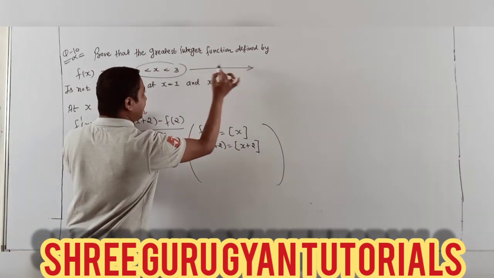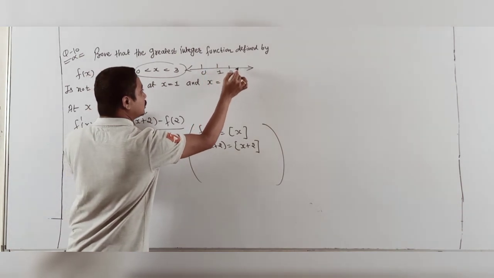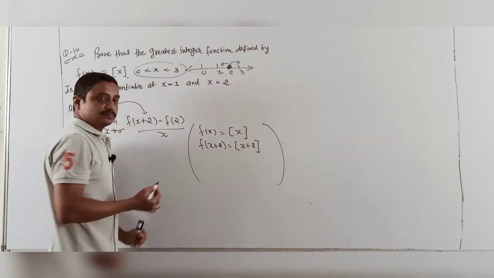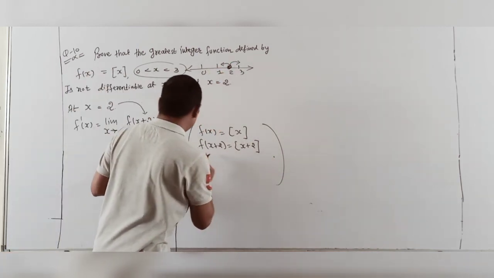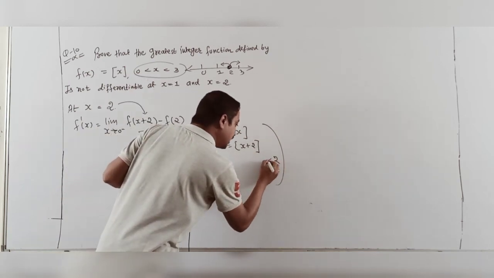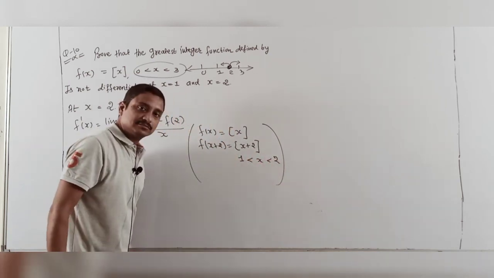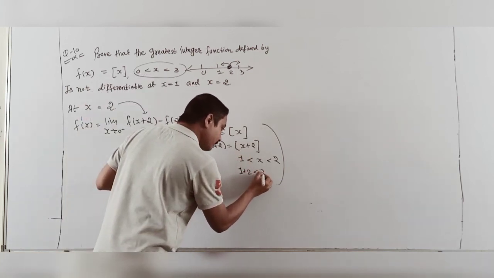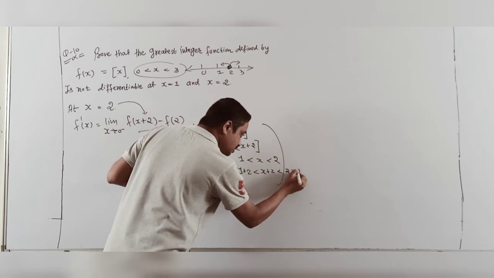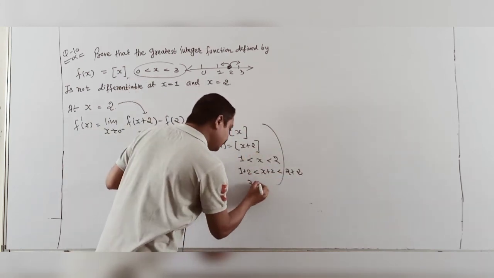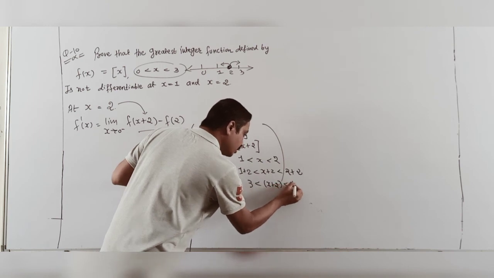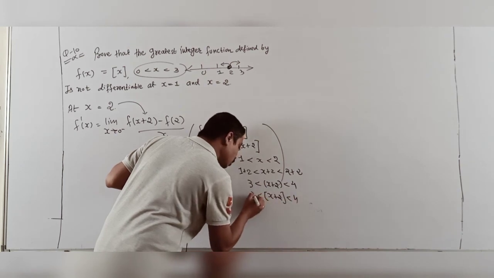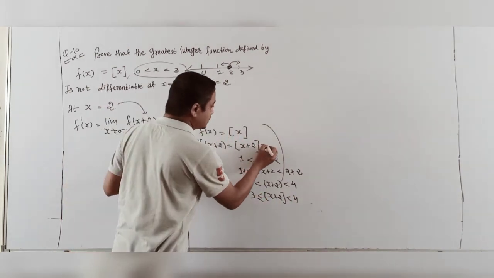Look at that. This is your number line: 0, 1, 2, 3, integers. So now I am taking the high line, 2 to less, 2 to higher. So here one is the left hand side limit. So 2 to the left side. This is the left side limit, that 2. And here plus 2 is added, plus 2 added, plus 2 added. Finally, here 3 and that 4. But I want the integer value. So which value is less in both? Definitely 3. So my answer here is 3.